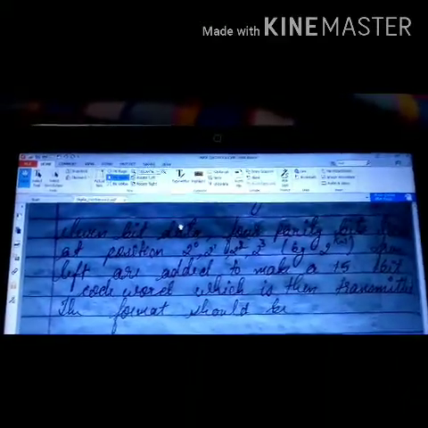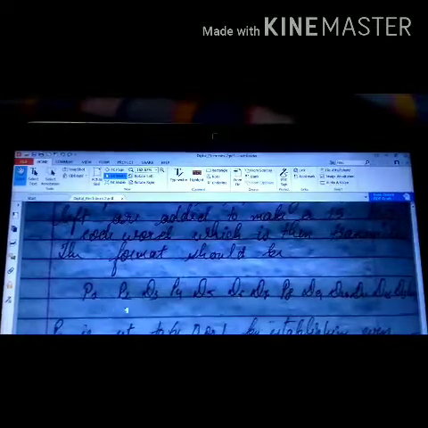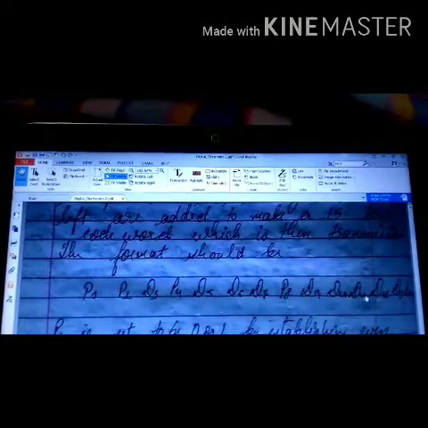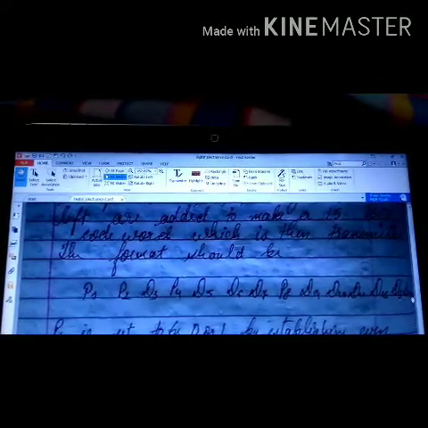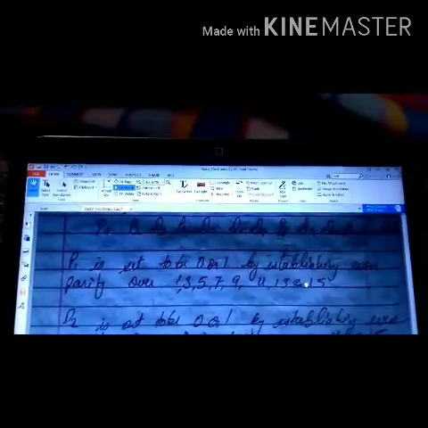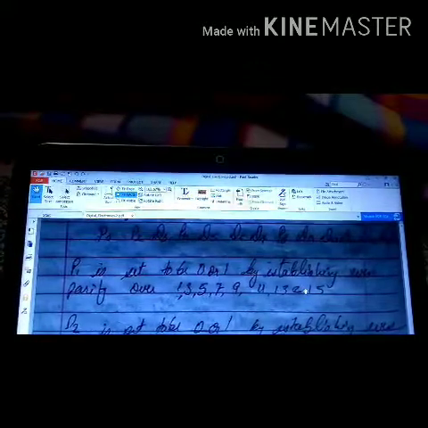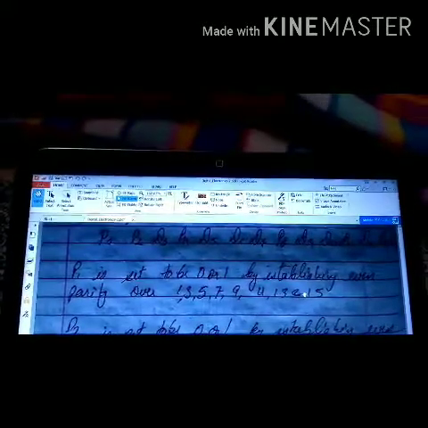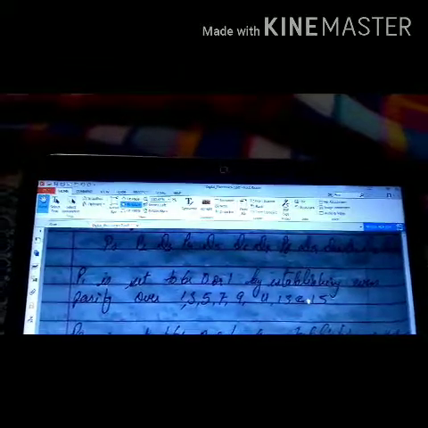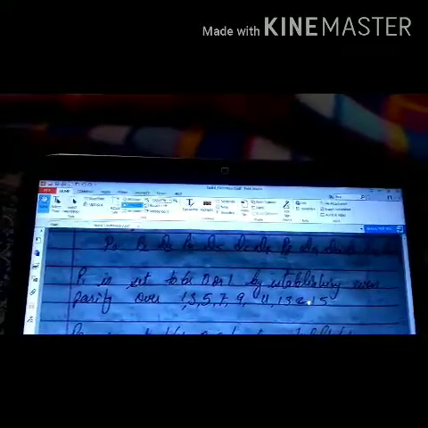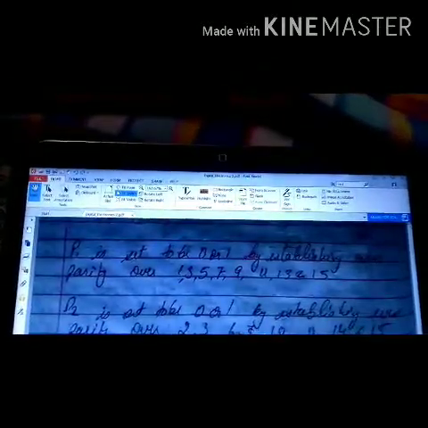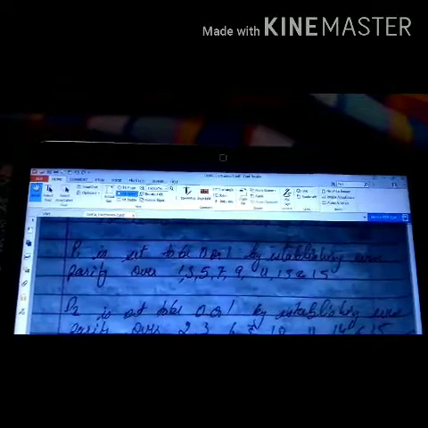So 11 data bits and 4 parity bits will make our 15-bit code word which is transmitted. The format of the code word will be as follows: P1, P2, D3, P4, D5, D6, D7, P8, D9, D10, D11, 12, 13, 14, 15. Now parity P1 is set to be 0 or 1 to establish an even parity between 1, 3, 5, 7, 9, 11, 13 and 15. P2 is set to be 0 or 1 to establish an even parity for 2, 3, 6, 7, 10, 11, 14 and 15.